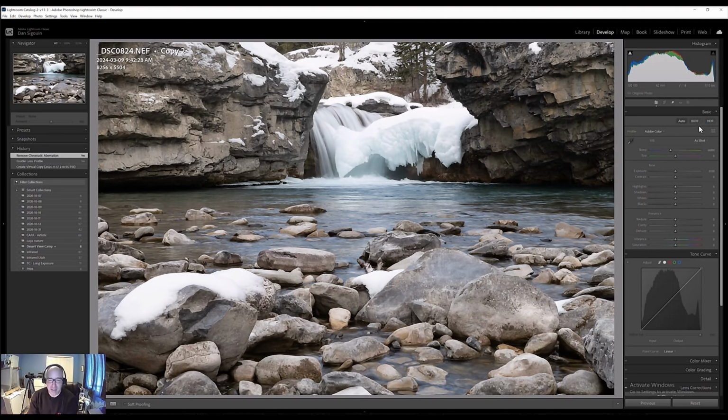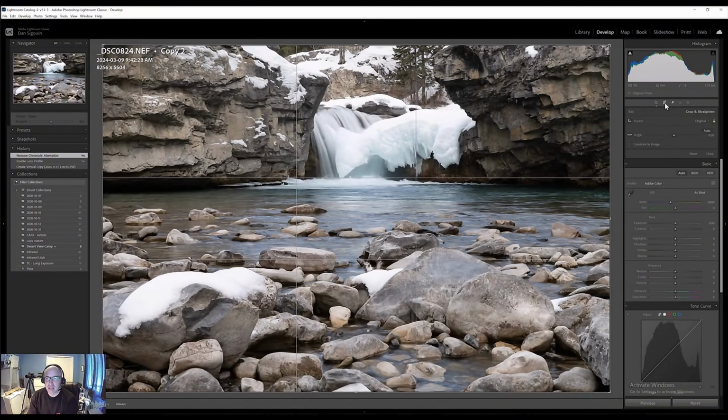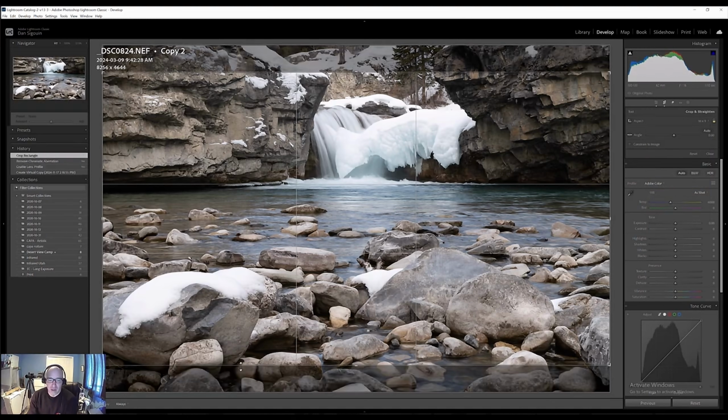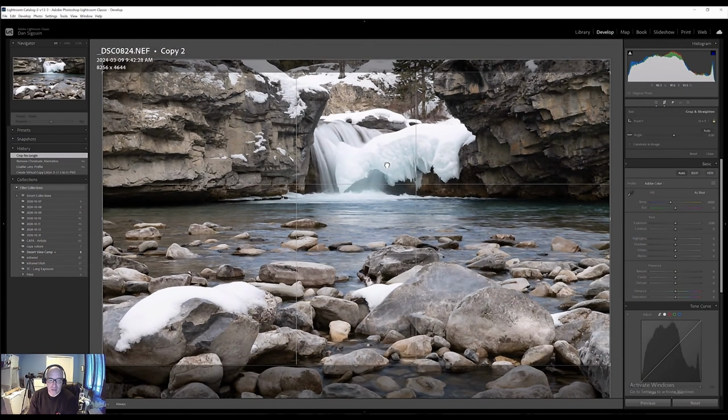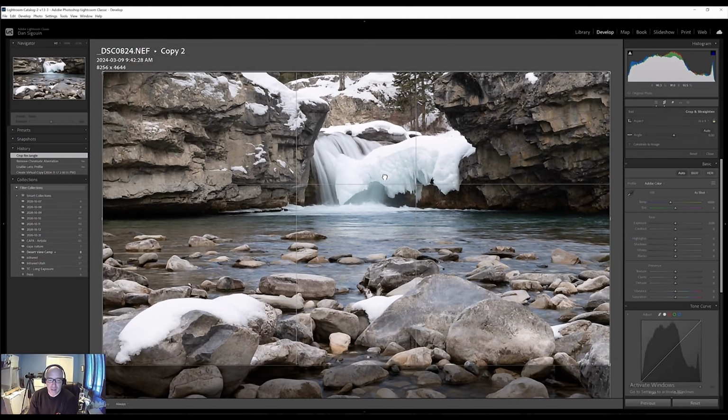And as I mentioned in the beginning, there's a few things that I wanted to accent. So it's probably going to be a 16:9 image. And what I want to do is I want to look at the bottom, and I want to try and make sure that where I'm cutting off the bottom makes sense and where I'm cutting off at the top makes sense. So I'm going to pan up here,